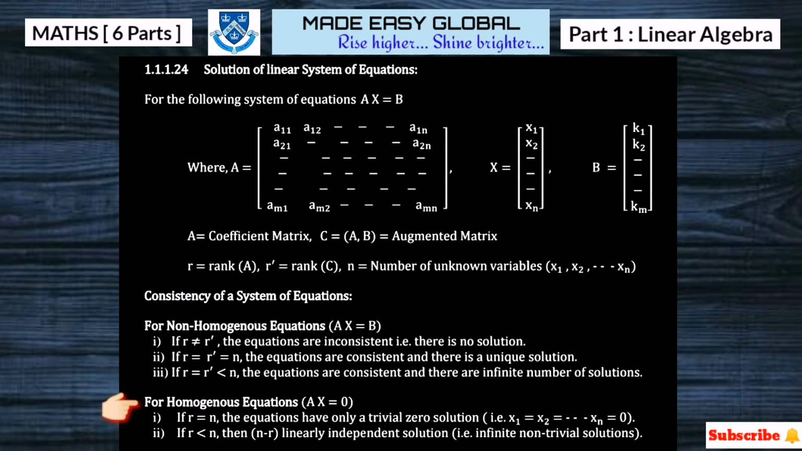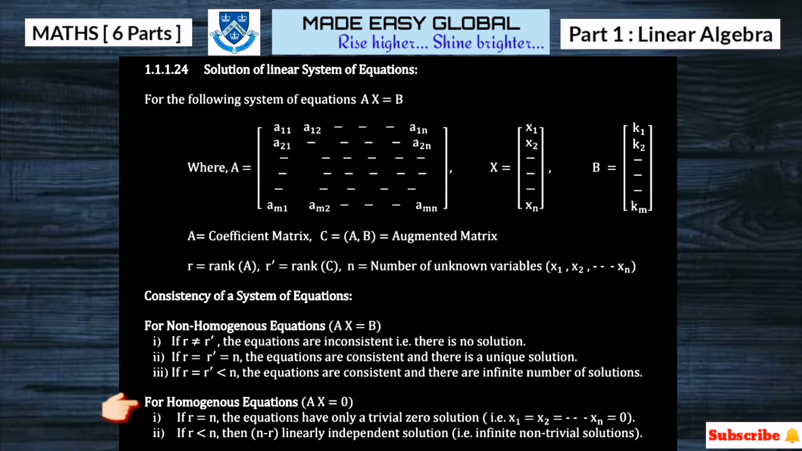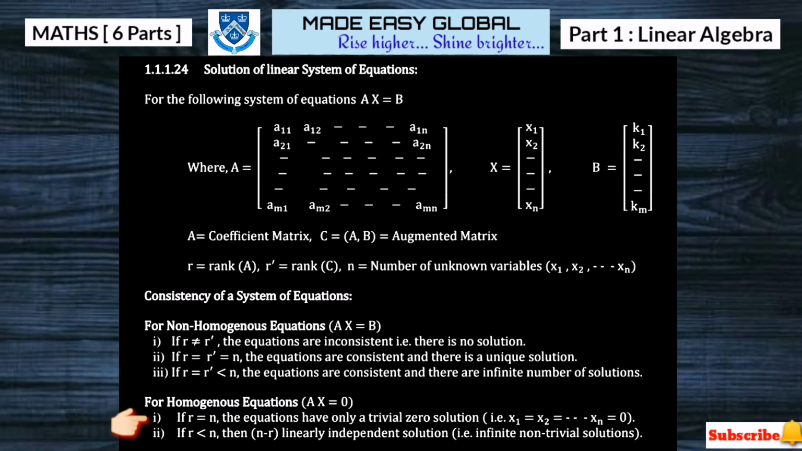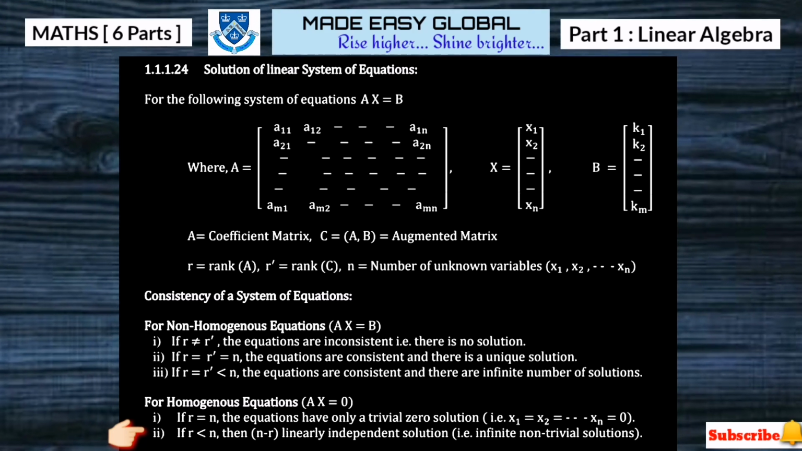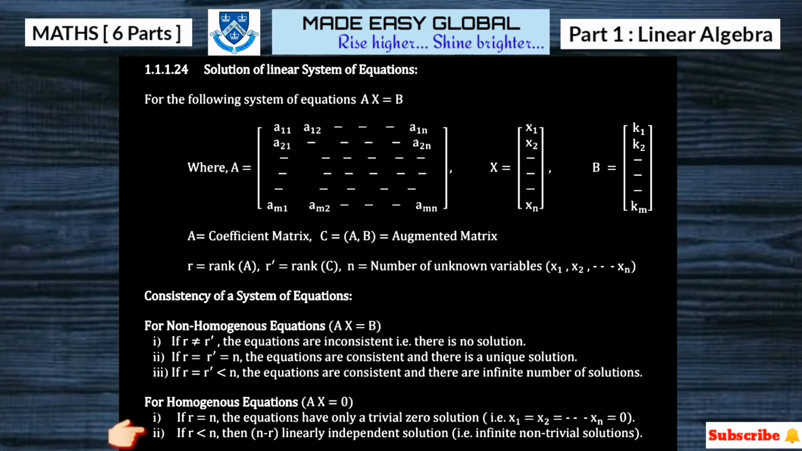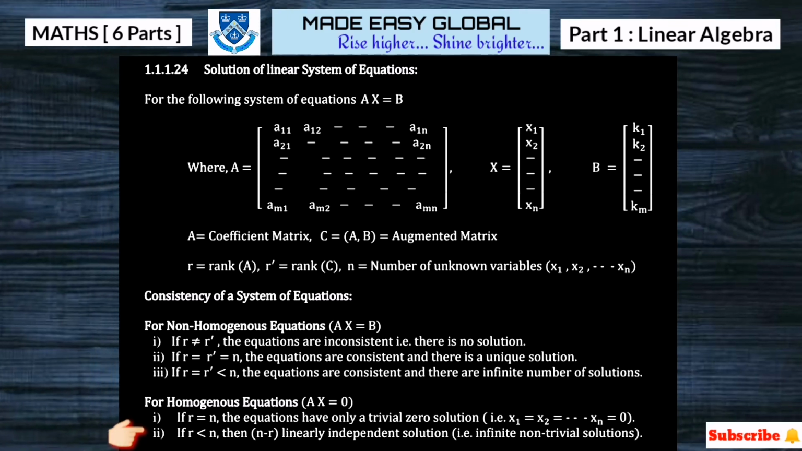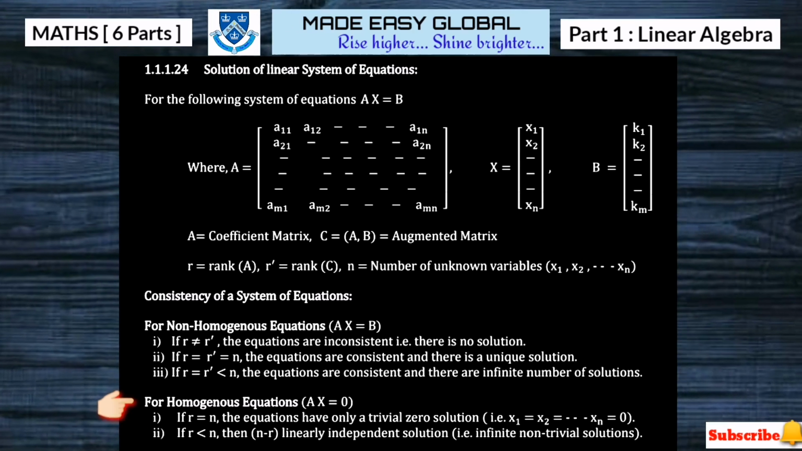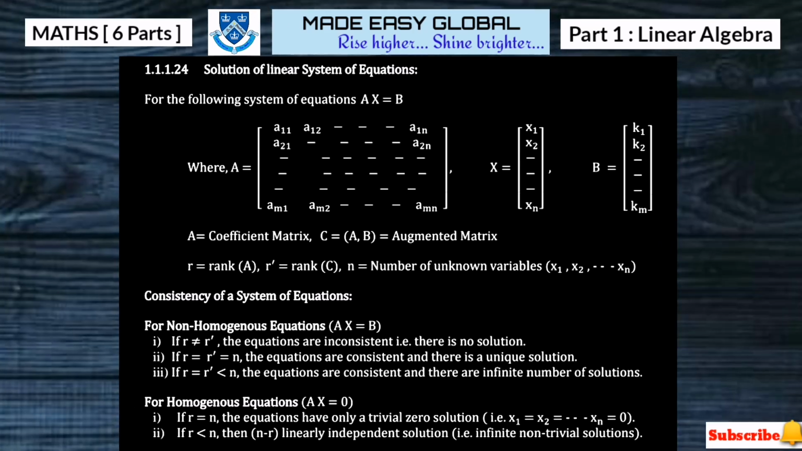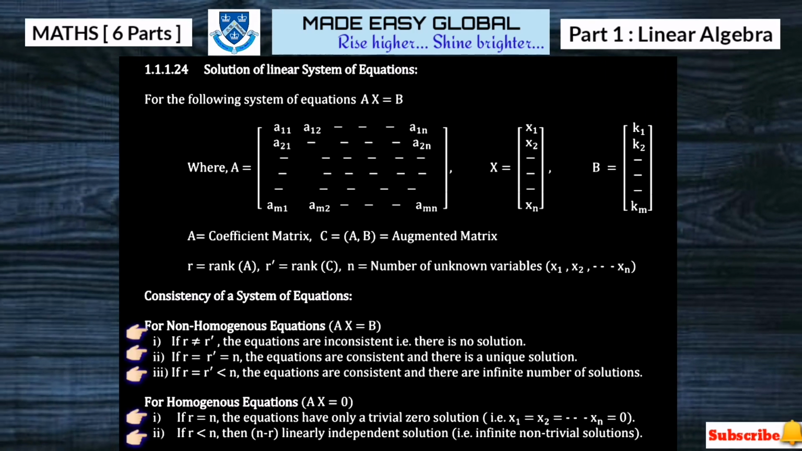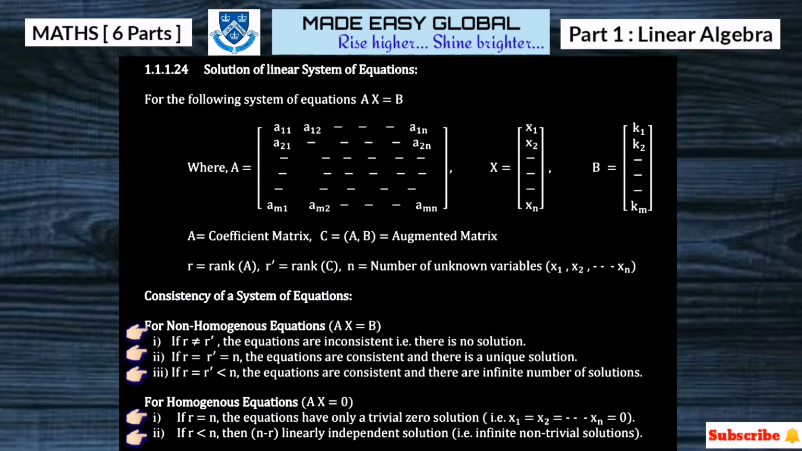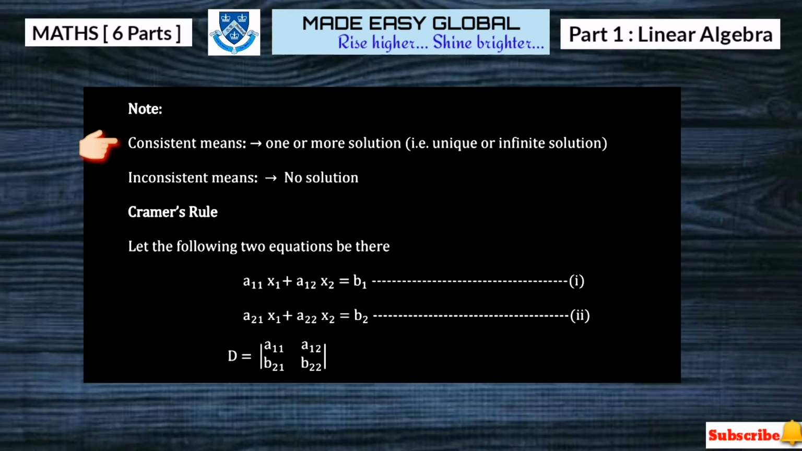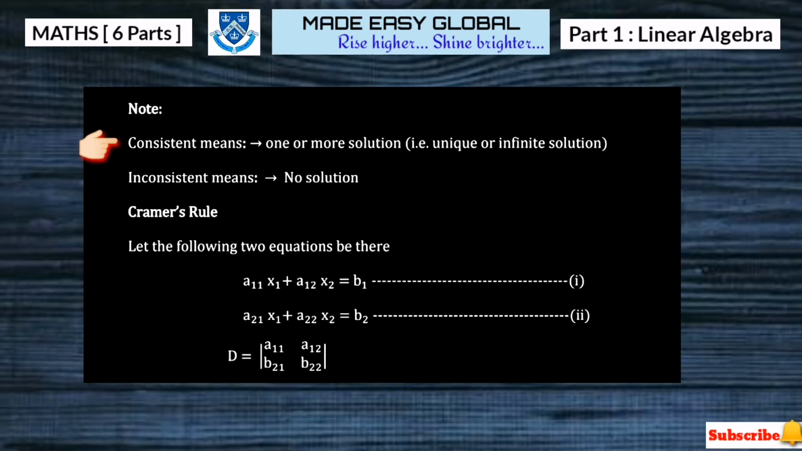Next is for the homogeneous equations, or you can say AX = 0. Here there are two cases. First, if R = N, then the equations have only the trivial zero solution. Second, if R is less than N, then there are N minus R linearly independent solutions, so here there are infinite non-trivial solutions. Note that in the case of homogeneous equations, there is no case of no solution. There is always one solution that exists. These 5 conditions every aspirant should remember by heart because this is very important for the examination. Note that consistent means one or more solutions, or you can say unique or infinite solution,